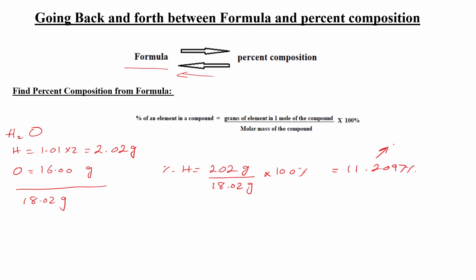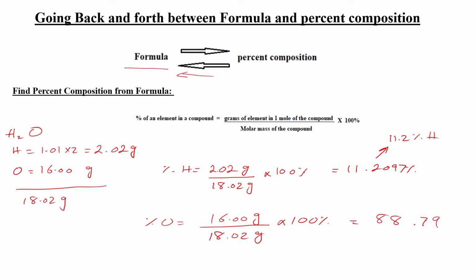When you round to 3 sig figs, it is 11.2% hydrogen. For oxygen, grams of element in 1 mole of compound is 16.00 gram. Molar mass of the compound is 18.02 gram. Multiply by 100%. You will get 88.79%